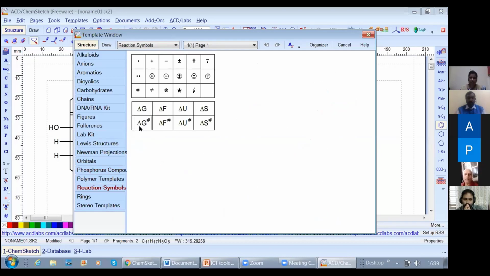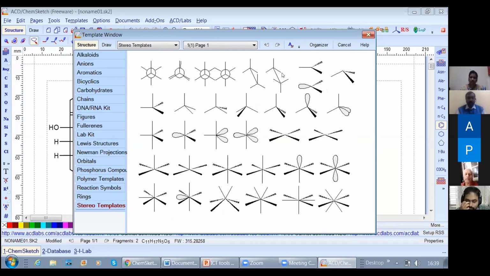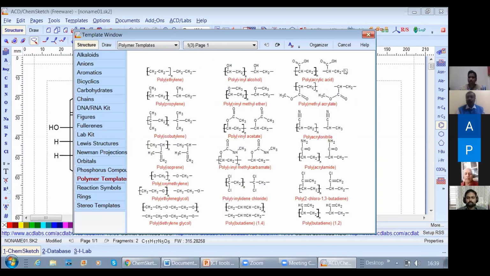So here there are reaction symbols, you can find delta G, delta S, all these reaction symbols. Stereo templates. Okay, this also you can use. And a main thing, for our TU syllabus we have biomolecules and polymers. So if you want a polymer structure, there is a polymer template here. So you can just click on that polymer template. So you can use this.